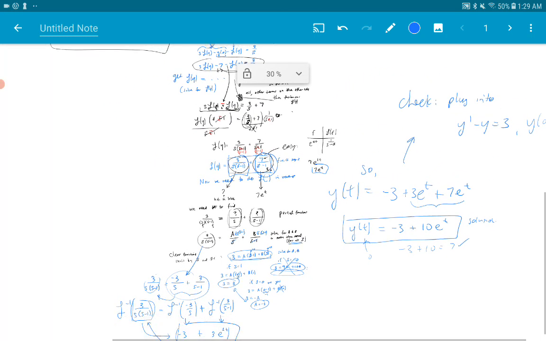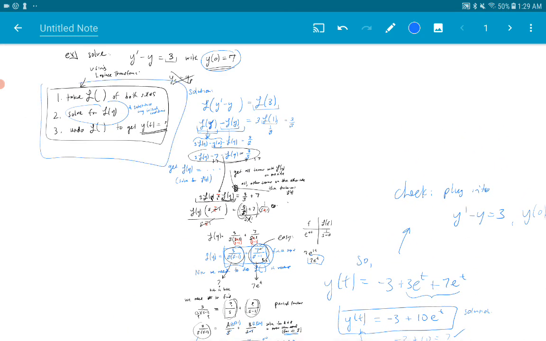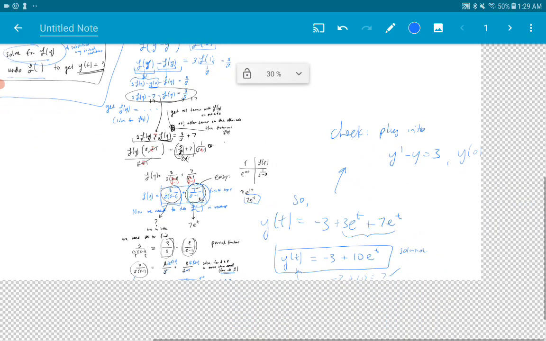We ended up with a function of y. We did these 3 steps here: you take the Laplace transform, solve for L of y, and then undo the Laplace transform. It's kind of a cool technique. Now, one thing I should mention,